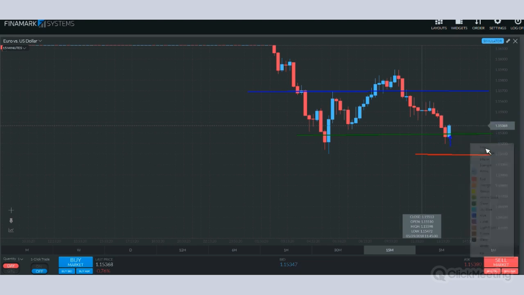Should the market come down to this red line at any point in time, it's going to close our position, and we're going to accept a 20 pip loss, and we're going to say that this represents a 5% loss on our account. Should the market rise at any point to the 1.1570, we're going to be walking out of this position, quite obviously, with a 40 pip gain. So in this example, this blunt one, we're going to be doing a 2-to-1 risk to reward on this particular position.